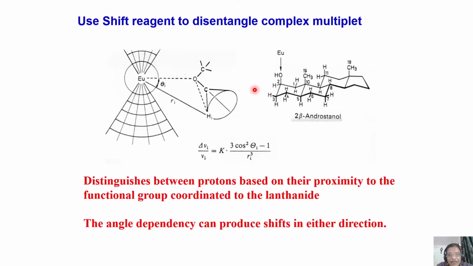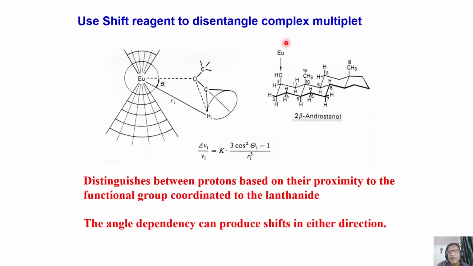Of course, there is one example I want to tell you, which we have not discussed; we'll come back to it later when we use shift reagents. Sometimes salts like europium or praseodymium can be used when the spectrum gets completely entangled, a very overcrowded spectrum which you may find difficult to analyze, for example in a molecule like this. If you put this type of complex, which is called a europium salt, or praseodymium varieties of salts, they are called shift reagents.